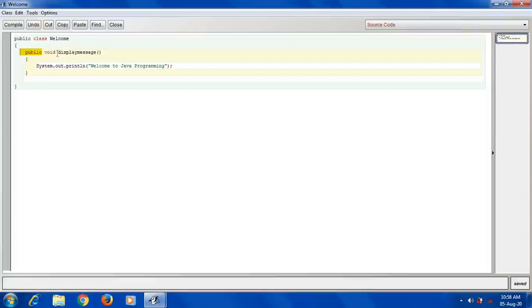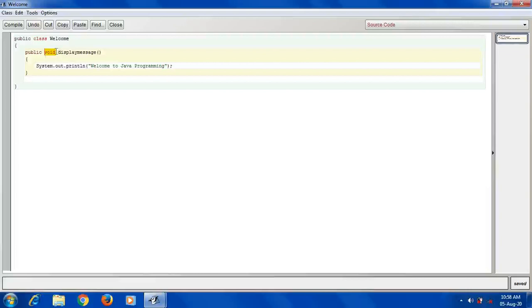Next is void. Void is a Java keyword. Now what is void? Why do we have to write void? You will understand when we learn the functions concept, or else I will tell you now.